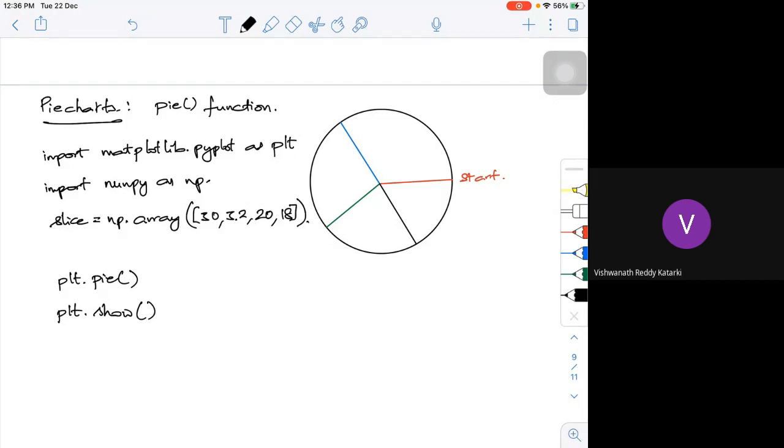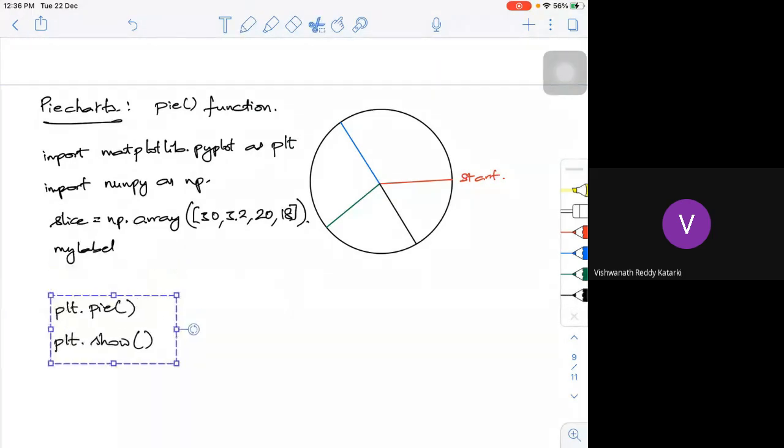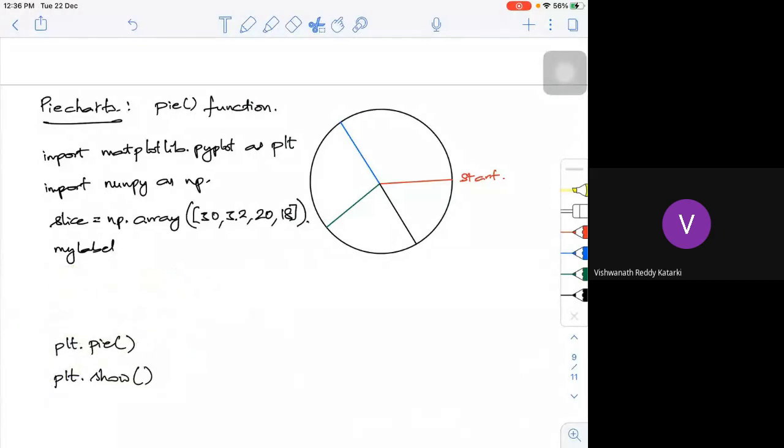Say, for example, I want to name these. I'm going to call that my label, and define what my label is.